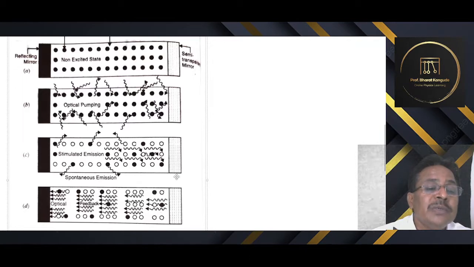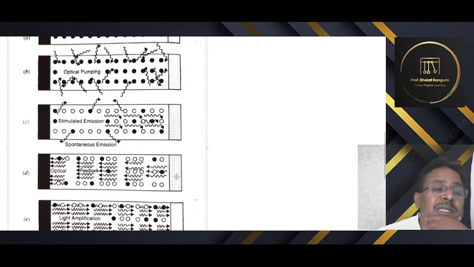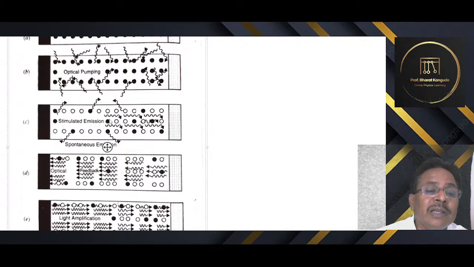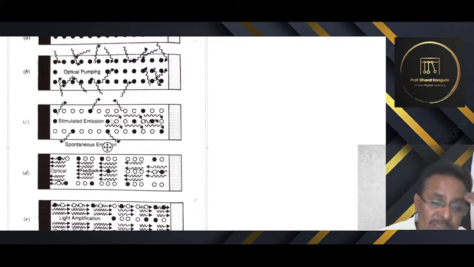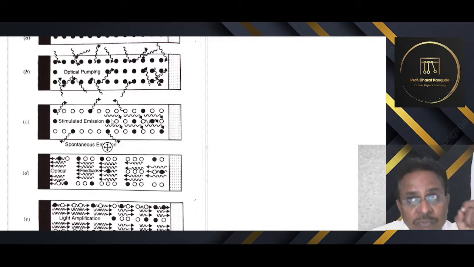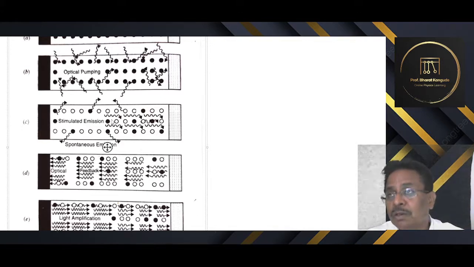Now when the stimulated emissions start occurring, whenever these atoms undergo this type of stimulated emission, you will find that there are certain photons which have specific directions as shown here. In spite of having random directions, these photons are supposed to have a certain specific direction as shown by this. Whatever the direction of the input photon, the output photons will go out in the same direction.